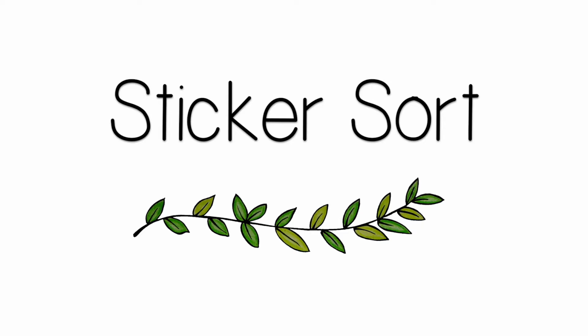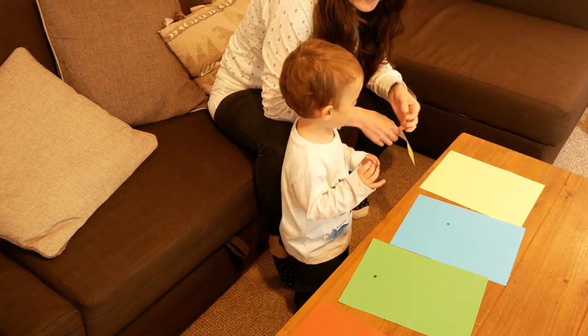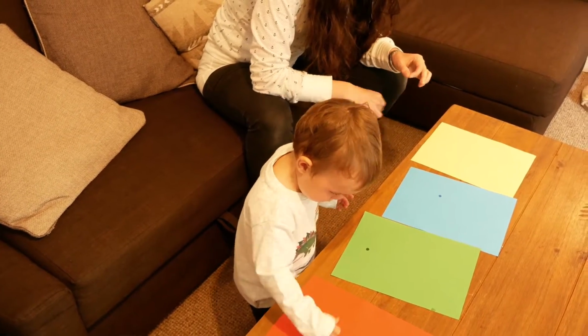The sticker sort is essentially just a variation on the previous activity, and again you'll just need some pieces of coloured paper and those little circle coloured stickers that you pretty much can pick up in any supermarket. Ben still finds it a bit too fiddly to peel the stickers by himself, but certainly an older toddler would manage this no problem. I tend to hand him each sticker individually and he sticks it on the piece of